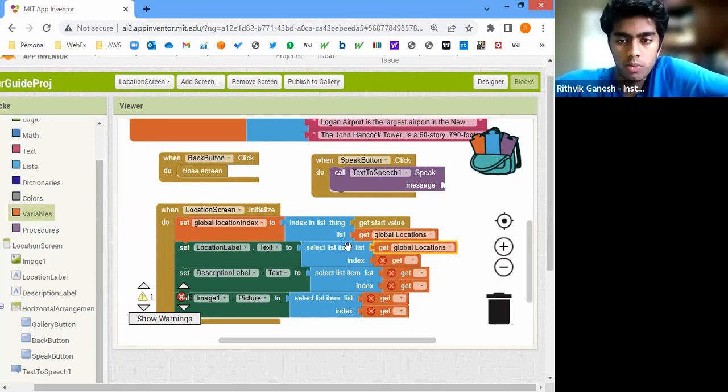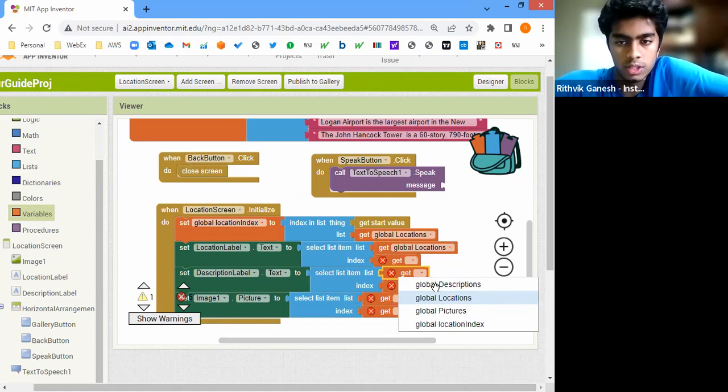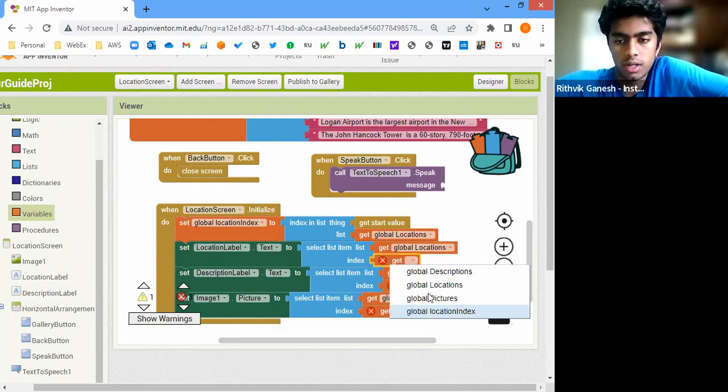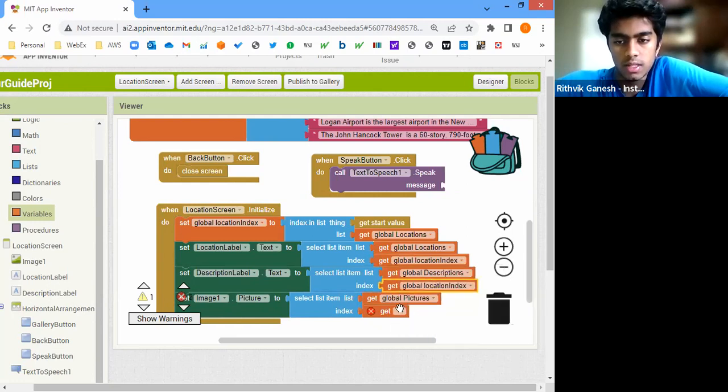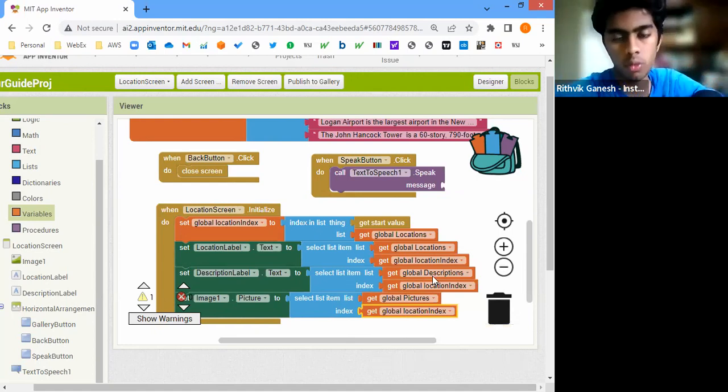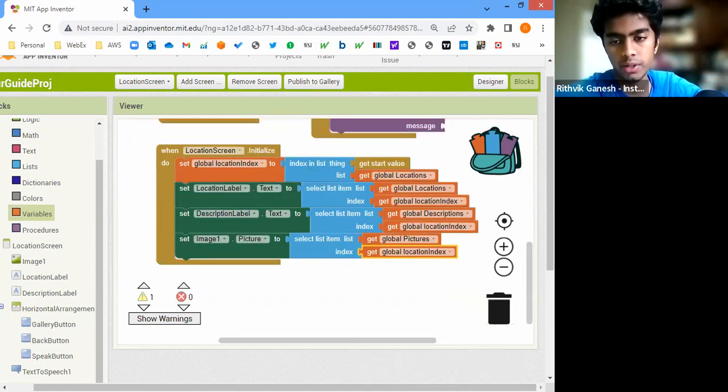For location label, we want to get it from the list locations. For description label, we want to get this from the list descriptions. And for image, we want to get it from the list global pictures, right? So pictures like this. And then what value do we get? We want to get the location index at each of these lists. And this is basically the code version of what I drew on the whiteboard right after the break,